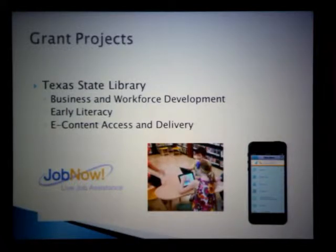And I wanted to mention some grant projects that we have submitted for funding. The Texas State Library offers grants every year in 3 different categories. And this year, the library has applied for grant funding in each of the 3 categories for a total of $23,000. The grants are competitive, and we will find out in August if we've been awarded 1, 2, or 3